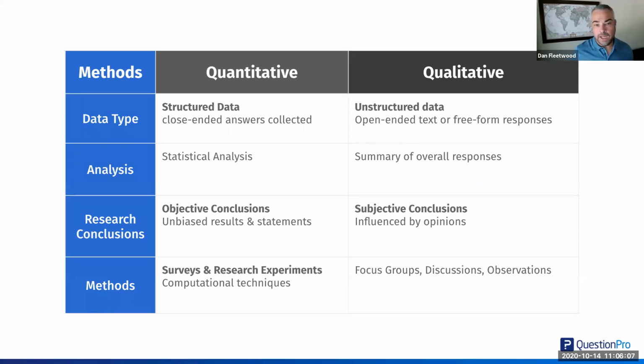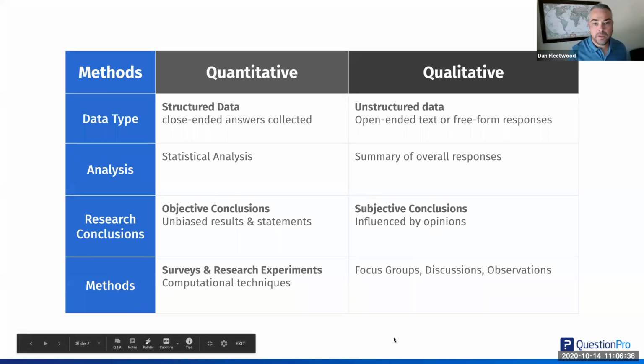So it's not good or bad, it's just what qualitative research is more used for. And then we have survey, for methods, we have survey and research instruments. Usually it's computational techniques that you can really quantify and aggregate all of the data through those different surveys and other techniques. Qualitative is really around focus groups, discussions, and observations, more kind of viewing and asking those more in-depth,